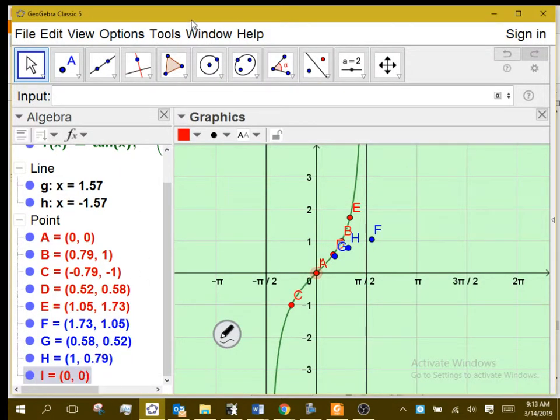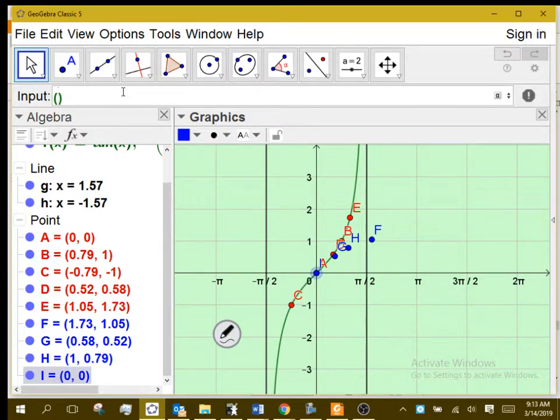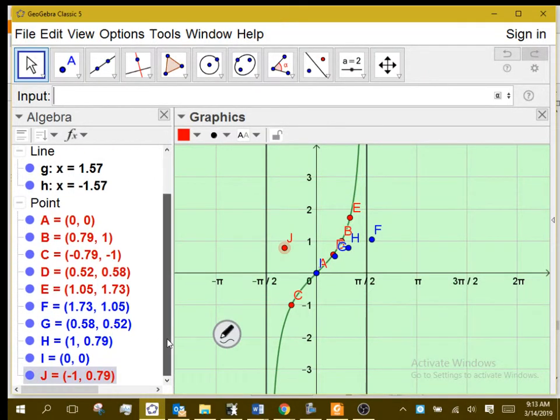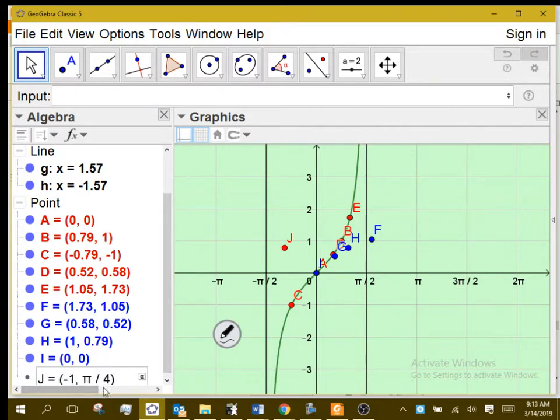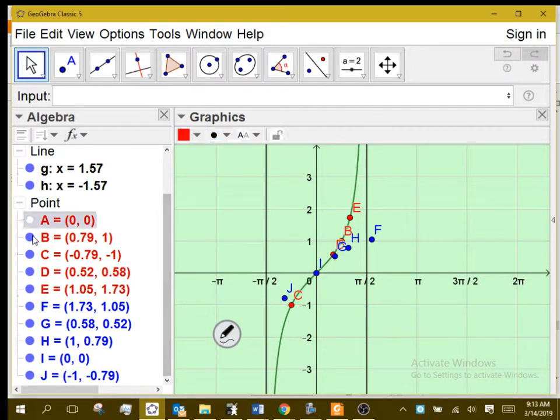Let's make that blue. And then C is going to be negative 1, comma, pi over 4. Oh, sorry, negative 1, comma, negative pi over 4. And that's great. That would be a series of points that are going to be on my tangent inverse